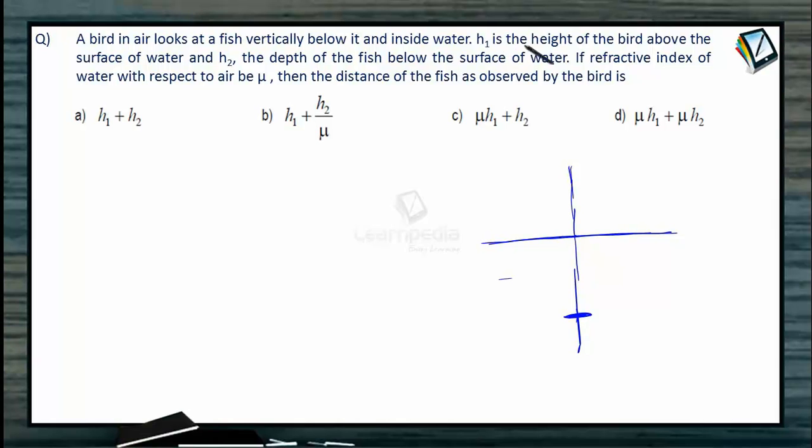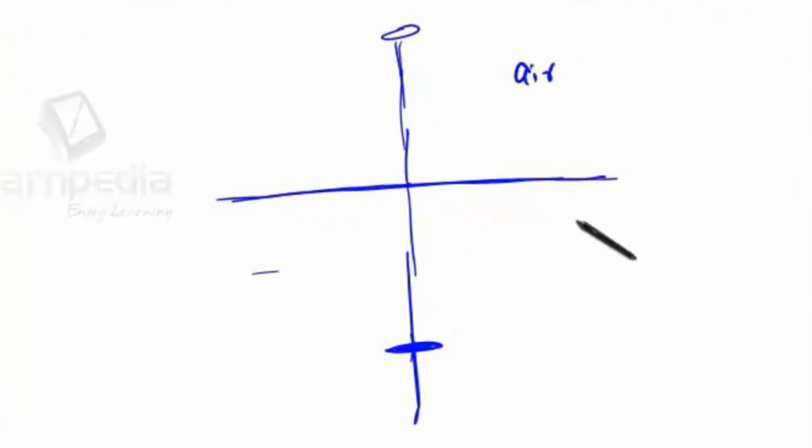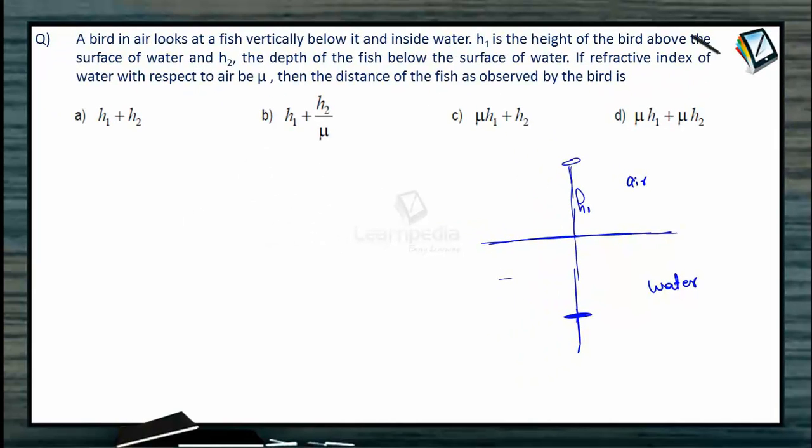So it is given that H1 is the height of the bird. Bird is here. It is air, and here it is water. Okay, so bird is here. H1 is the height of the bird above the surface of the water, and H2 the depth of the fish below the surface of the water. Okay, if refractive index of water with respect to air is mu, then the distance of the fish as observed